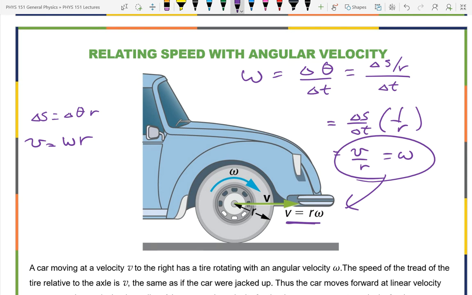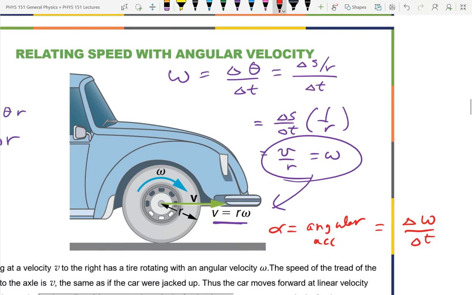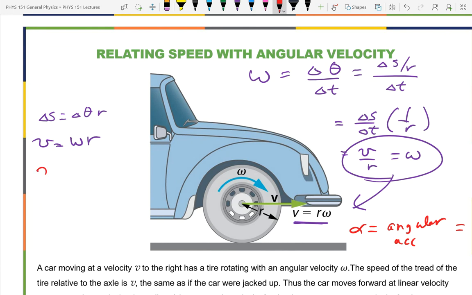The angular acceleration then is defined as angular acceleration alpha is the change in angular velocity over change in time. Right? Just like acceleration, change in speed over change in time, change in angular speed over change in time. And so alpha is